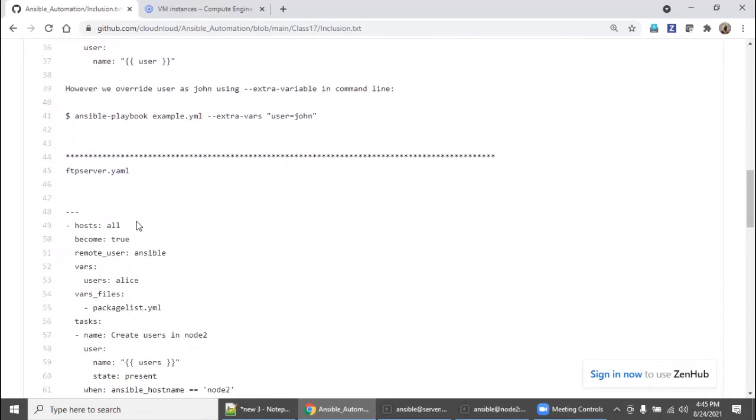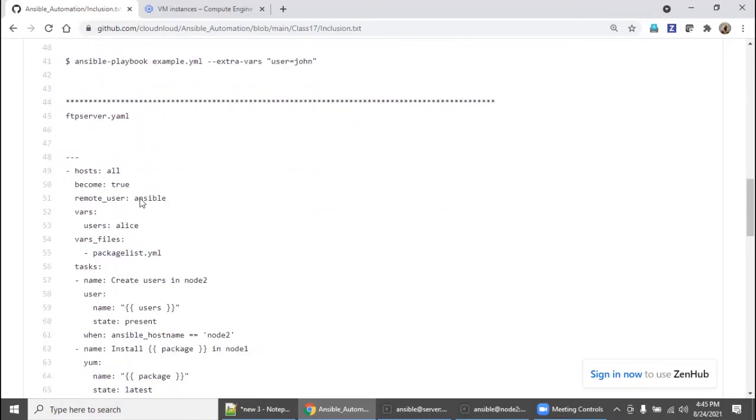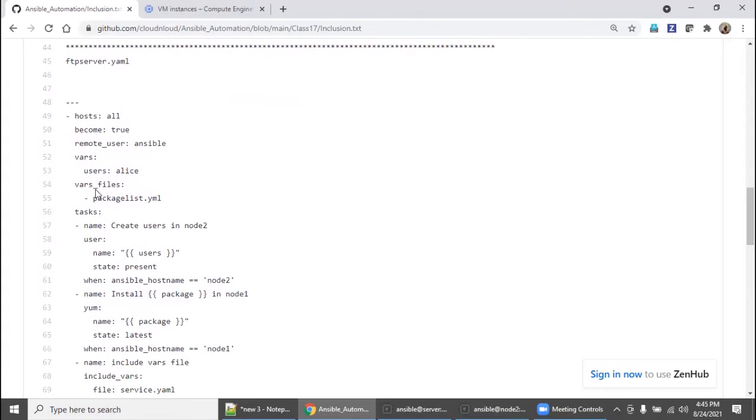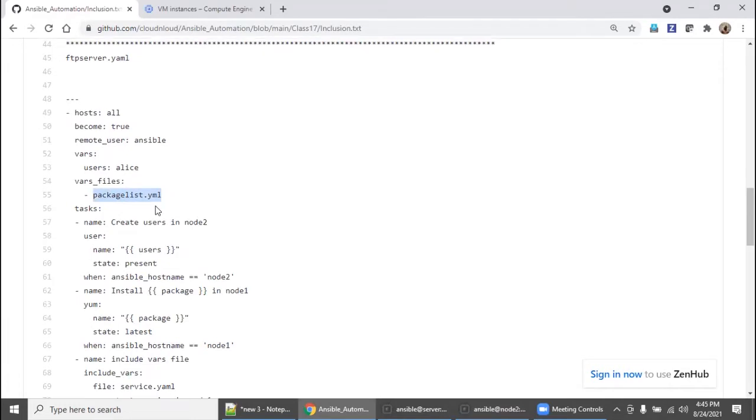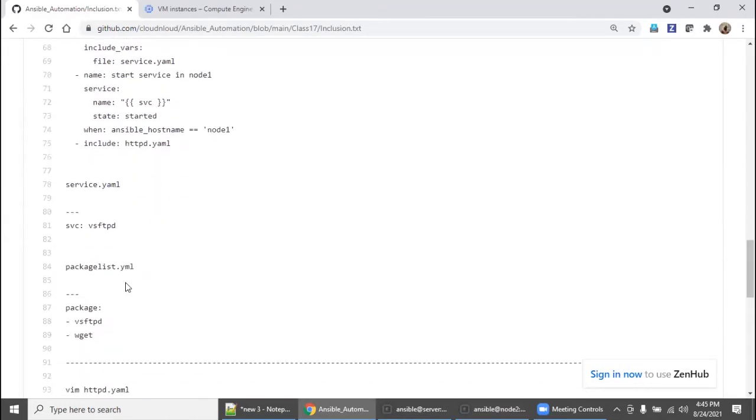Come down. The next example is ftp_server.yaml. Here we are declaring a similar username, but we are also calling another file called package_list.yaml. What is there in package list? There are a couple of packages.